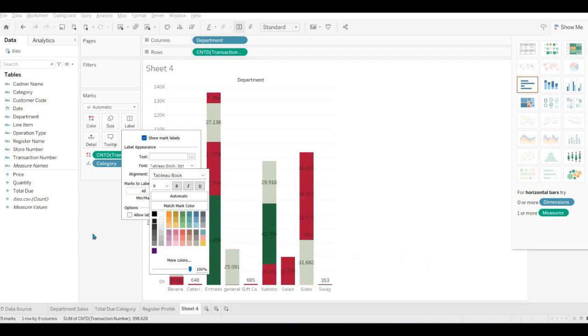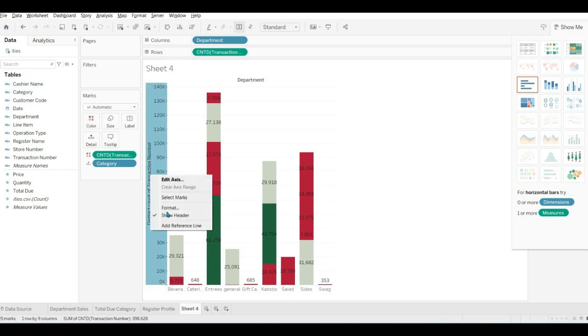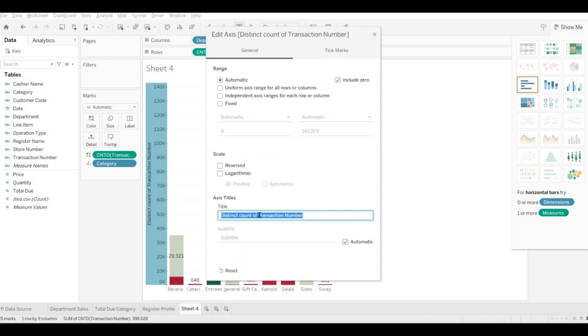But for the sake of this example, I am just putting a black color. The other thing we can do, since this y-axis label looks to be very long, is make it a little shorter. The way we can do that is to right click here, click on edit axis, and now we can make it a little smaller, like distinct count of, I guess,